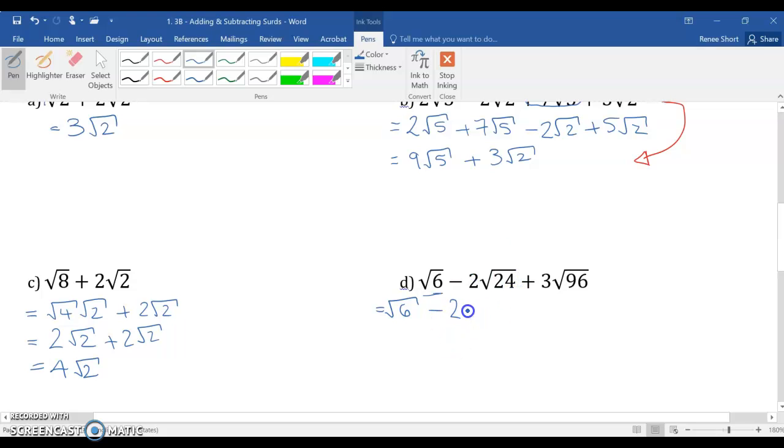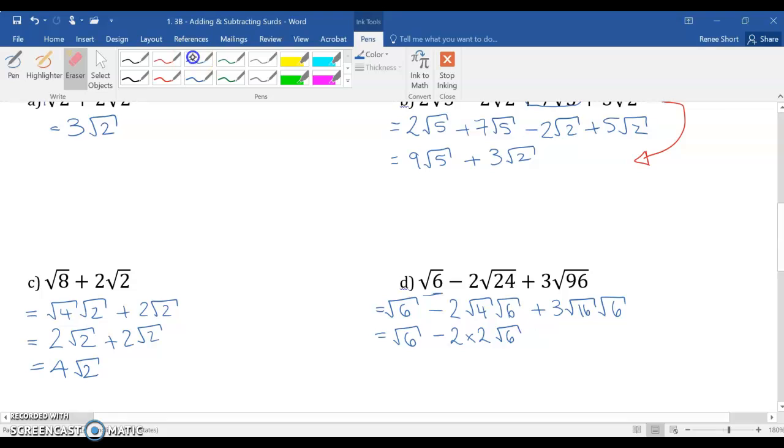Hopefully you agree with me that root 24 could be rewritten as root 4 root 6. And 96, if you look at what times 6 gives us 96, it's actually 16. So root 16, root 6. I can now say root 6 minus 2. Root 4 simplifies to be 2, so this is going to be 2 times 2 root 6 plus,